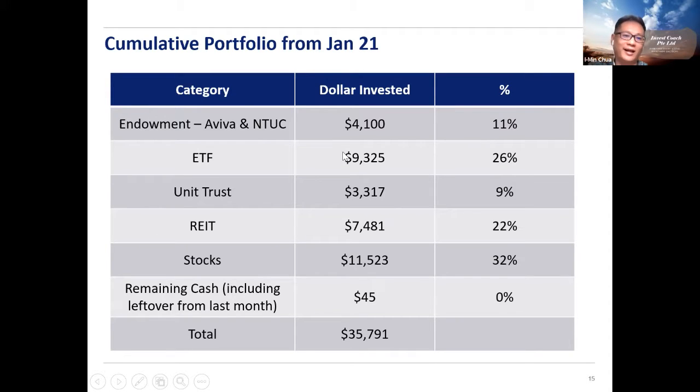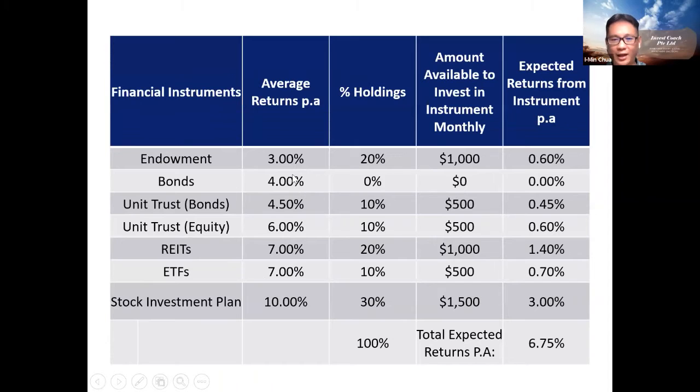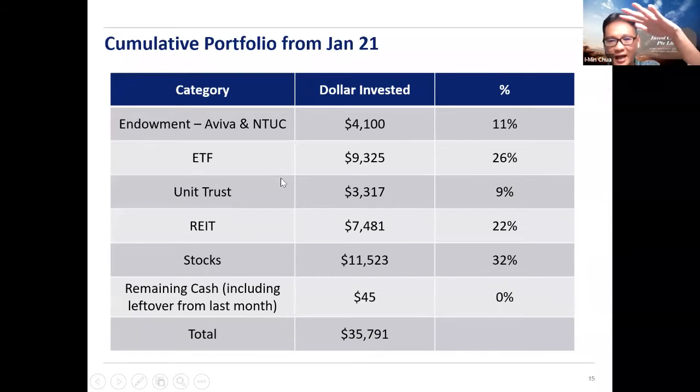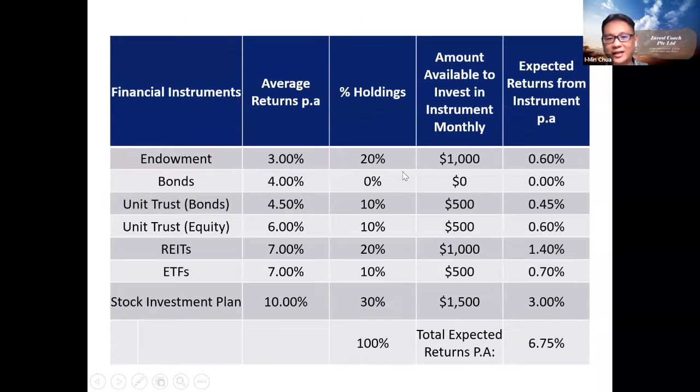Once again, you don't have to hit the ideal state from day one. But eventually, over time, you should work towards the ideal state. This ideal state over time should give me about 6.75%. Hopefully it's very clear: at the end of the day, it's not about what to buy, not about which stock to buy. It's about how to design your whole investment structure for you to get your desired returns.